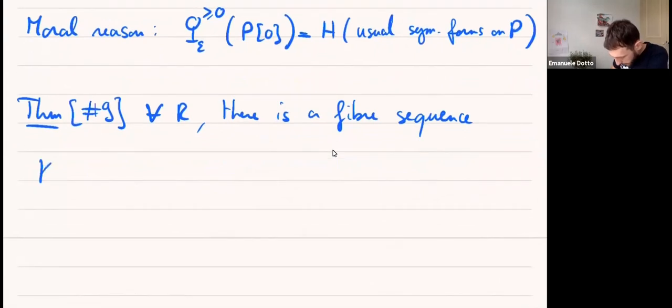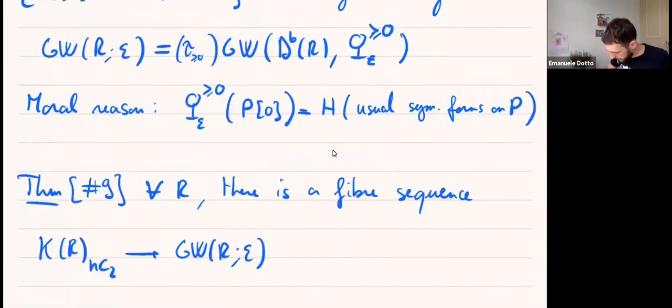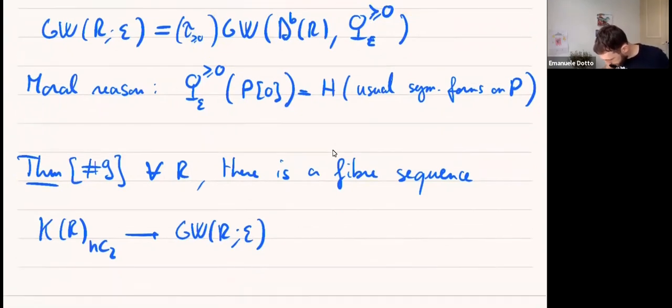And so again, the K-theory of R with these homotopy orbits by this involution that takes a module to its dual, maps to the Grothendieck spectrum of R, which is given by this theorem by this Grothendieck spectrum,